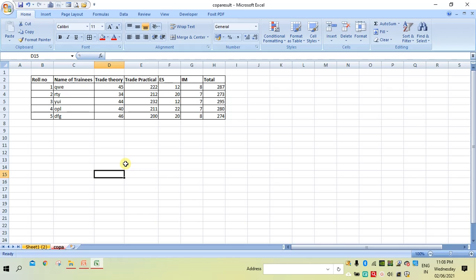Yes. What is a cell? Whatever you are seeing here, the square boxes, all are called cells. For example, this is a cell. It is also a cell. This is also a cell. Then what do you mean by cell exactly?